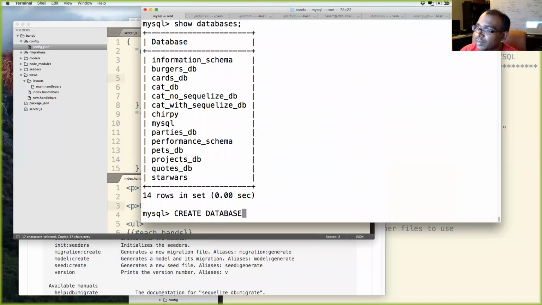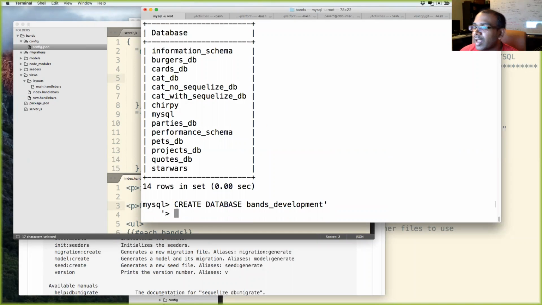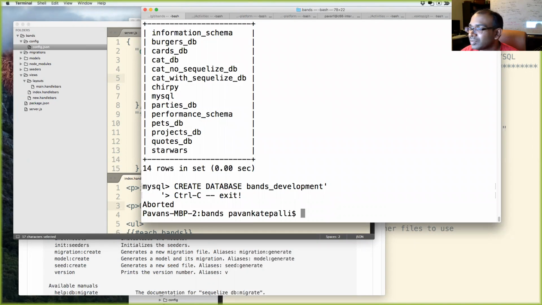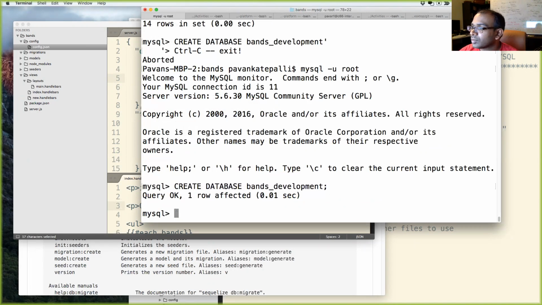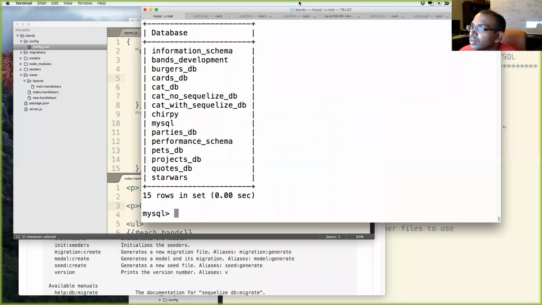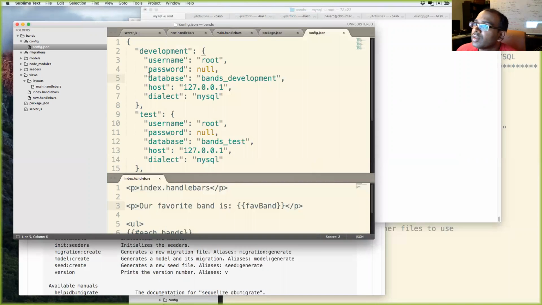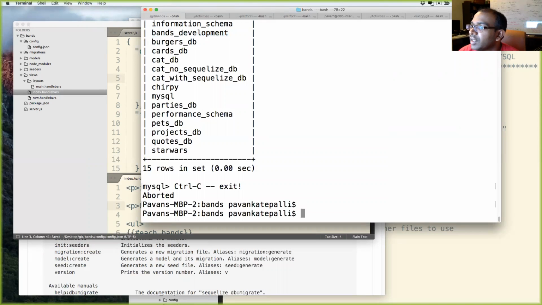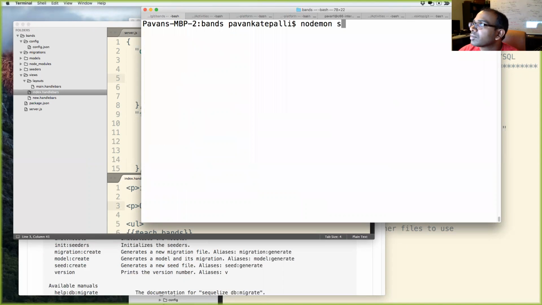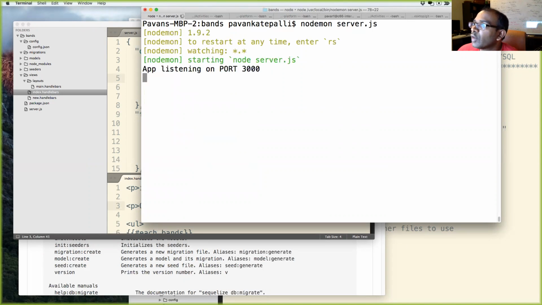Create database, and I screwed up. Create database, and I created a database. And we see we have a database named bands development right here. So let me save this, and let's run this and see if there are any errors.